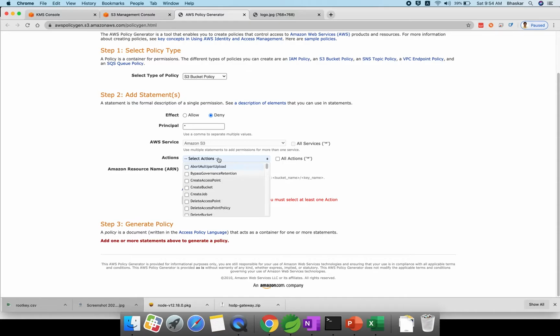If you are trying to access that data, you are getting the object, you are seeing the website, right? If you see actions, we have a lot of actions. We have delete object, and all get-related permissions. Right now what I want to do is get object.